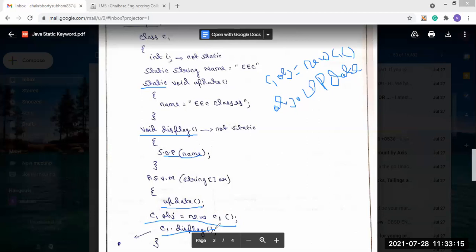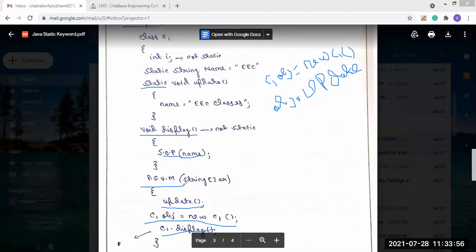The basic difference is if a method is static, we do not have to create the object of it to call this method inside the main. If it is non-static, then we have to create the class object, and through this object we call the method. That's why, if you remember, we have always used public static void main.